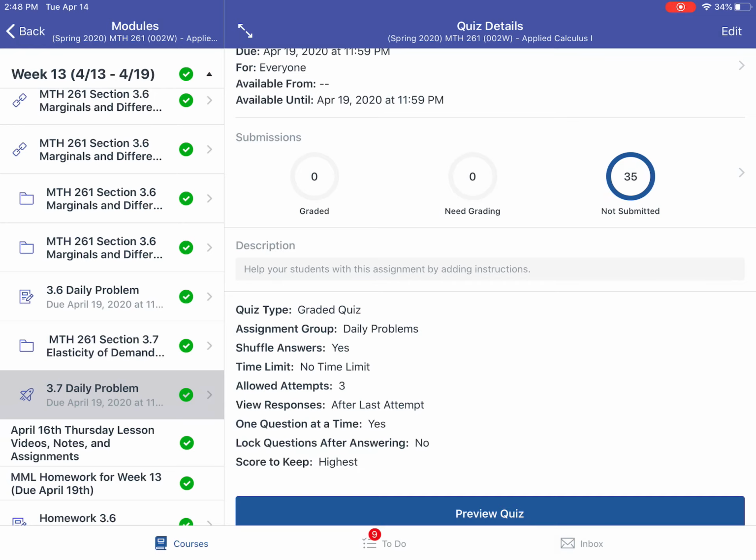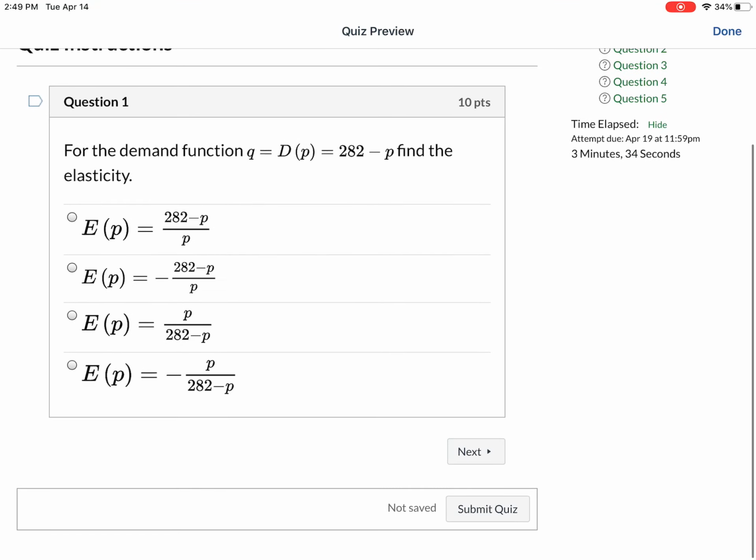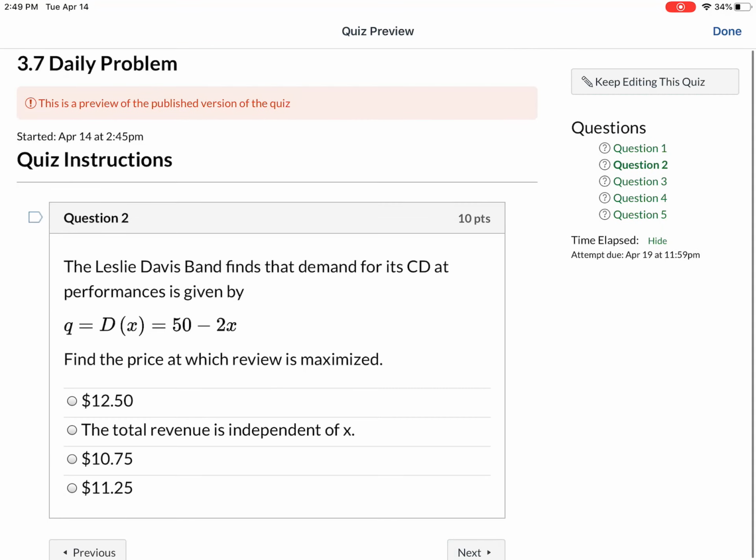So I'm not going to grade this one. This will be graded automatically, the 3.7. I did create it, so if you're taking this and you don't see the correct answer or something like that, just let me know, okay? But if I click on the preview, just the kind of things that we're about to go over together, finding